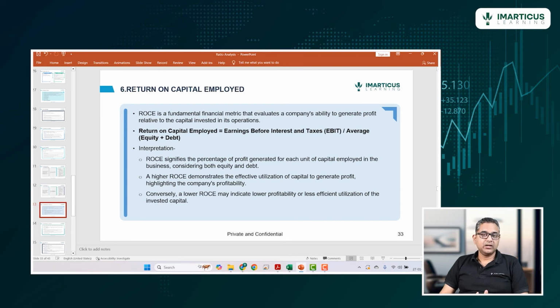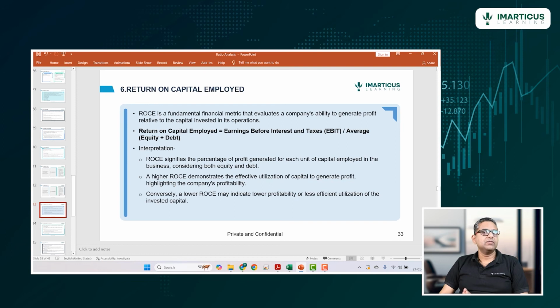That's why in the numerator also we are talking about those returns, those profits which belong to both debt and equity. From EBIT itself, we pay to debt holders in the form of interest expense, and the remaining goes to equity holders as net profit. So on EBIT, both have the claim. So that is why we are using EBIT here, whereas in return on equity, we were only using net profit, because there we were just talking about shareholders' equity.